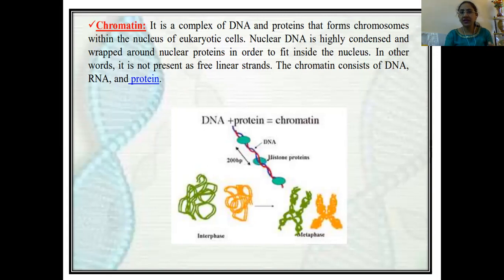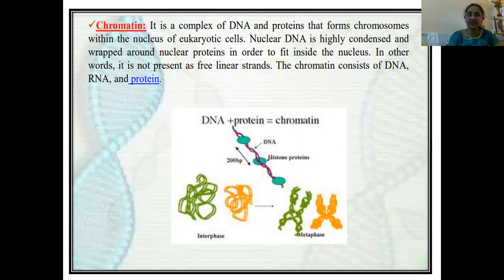Nuclear DNA is highly condensed, like wool, which is thread-like structures woven like a loose ball, but highly condensed. It is wrapped around the nuclear proteins, and the nuclear proteins surround it in order to protect it and in order to fit inside the nucleus. So mainly chromosomes also help the DNA or the genetic material to fit inside the nucleus of the cell.